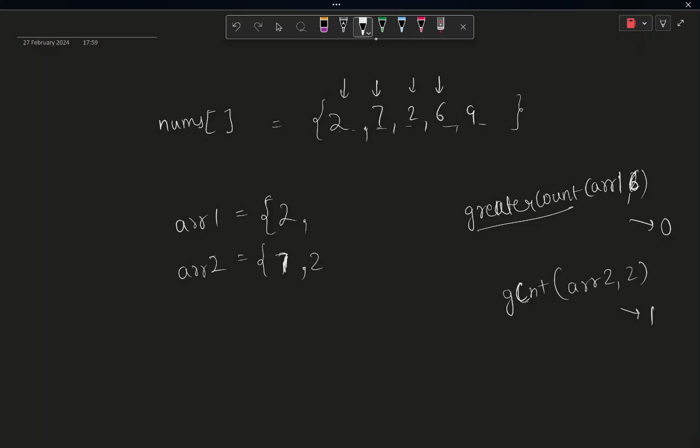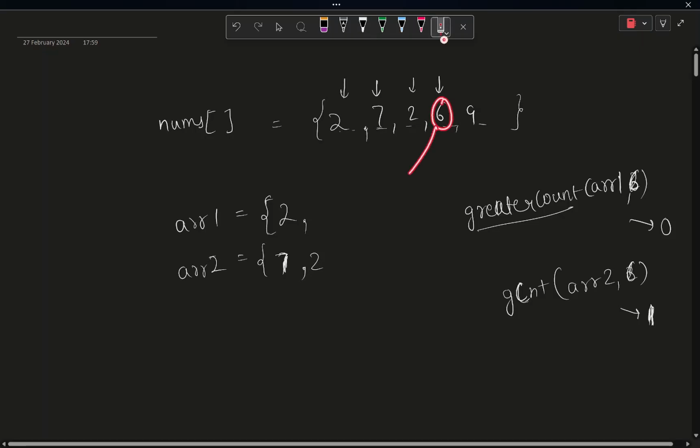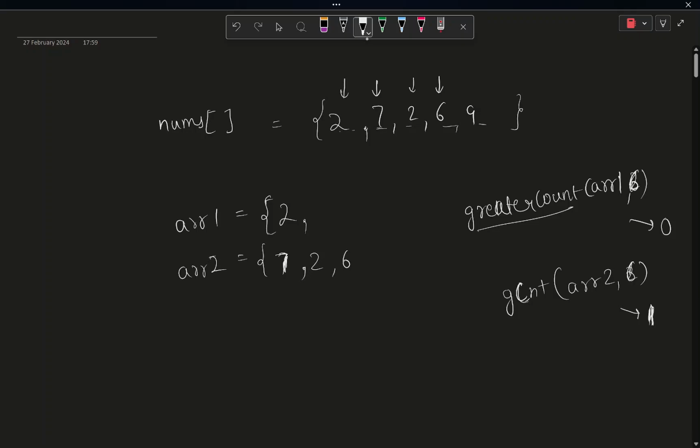In ARR2, again there are no elements which are greater than 6, so here also the count will be... sorry, there is one element in ARR2 which is greater than 6, so the count will still be 1, and thus this element will be pushed up here. So you will get 7 2 6. This array is now 7 2 6 and this array is still 2. Now for the next element,